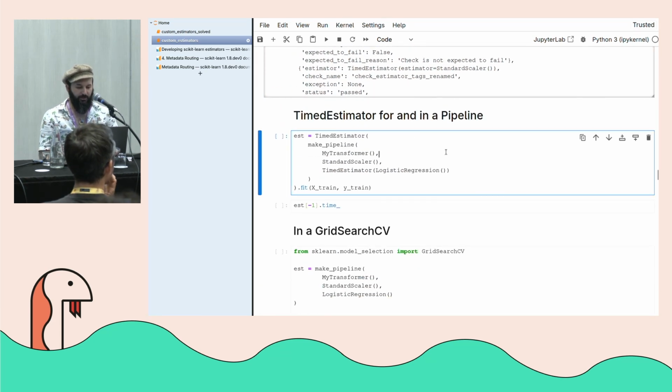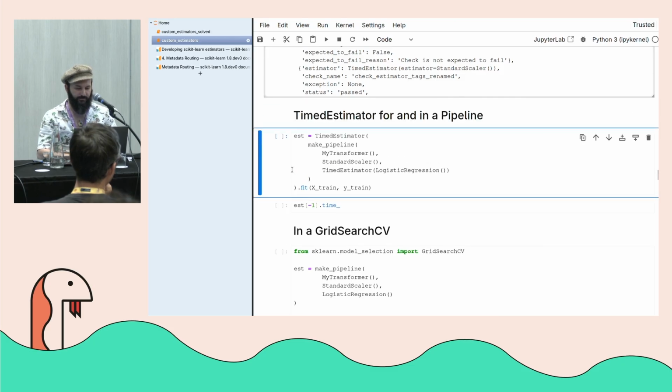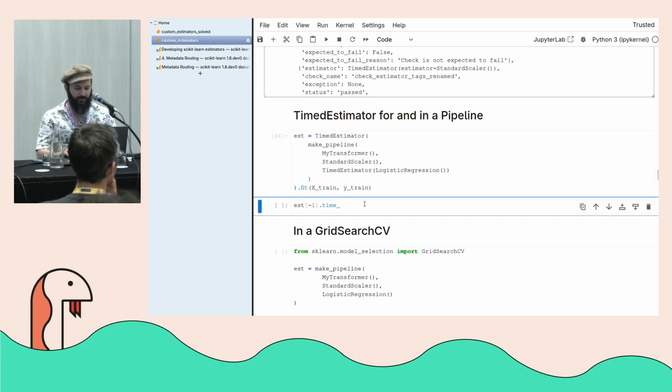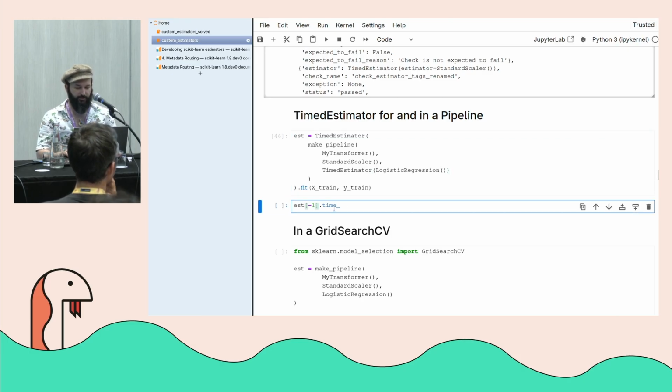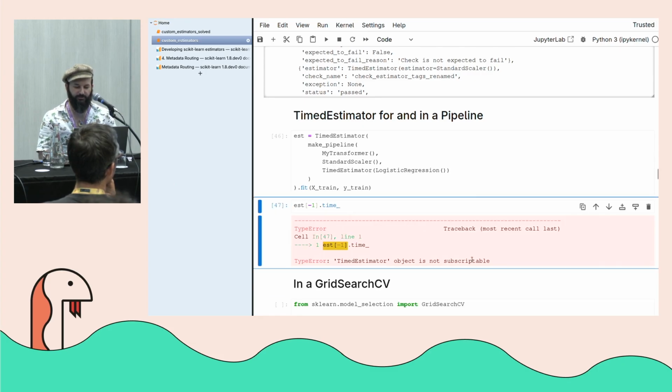Now, we are putting it in a pipeline and wrapping a whole pipeline in it. So it's a timed estimator. It has a pipeline in it. And the logistic regression is also in that timed estimator. Let's call fit. And then the last step of the pipeline, it has this time underscore. It says, oops, timed estimator object is not subscriptable, because this estimator is not a pipeline, it's actually a timed